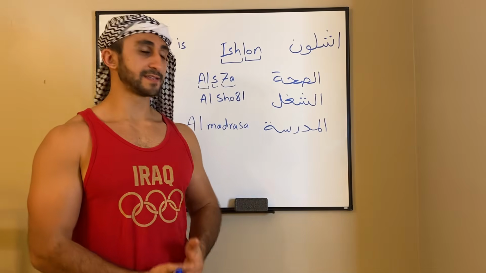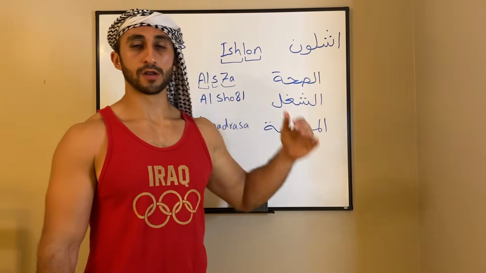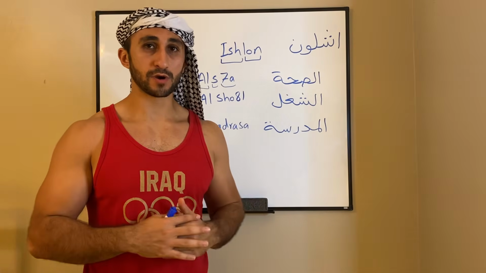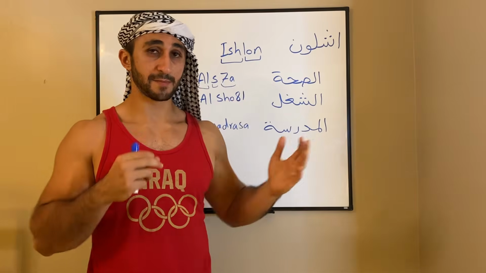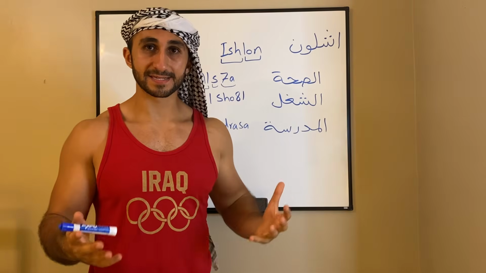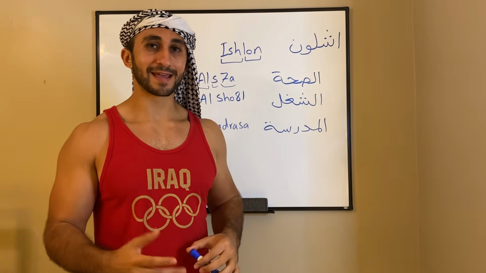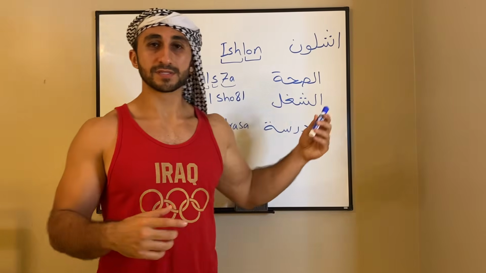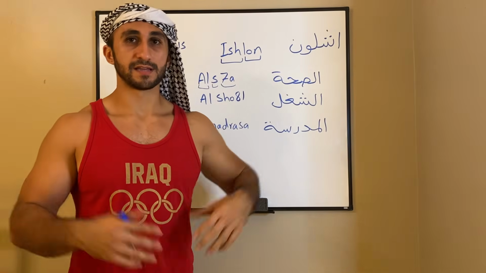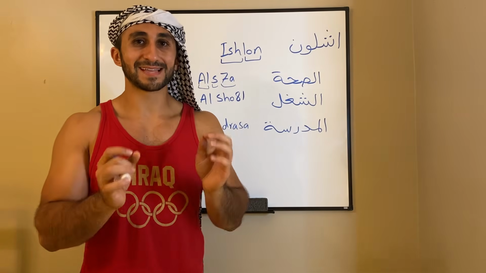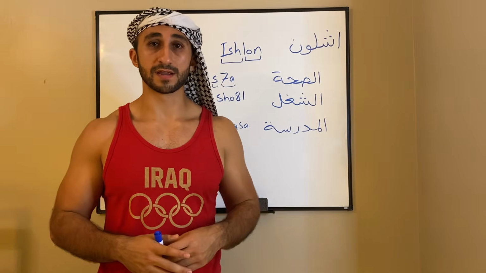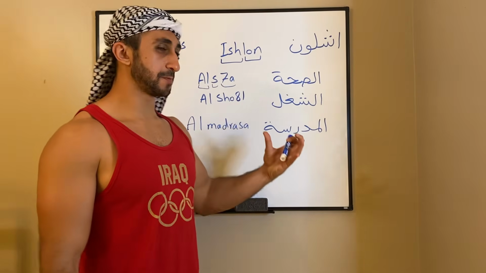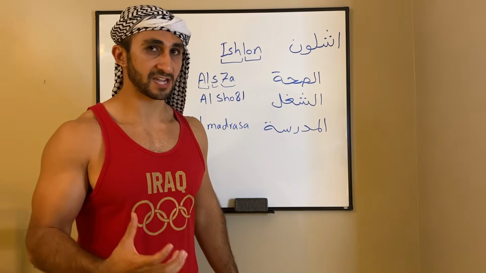The second word is al-shughul, work. Now this also is the same exact word. This is what we use in the Arabic language. In MSA, all these words are in MSA, okay? But I'm teaching you again the Iraqi dialect. It's a little bit different. A lot of dialects, they use the same words, because that's Arabic for you, but the dialect is a little bit different, and that's what I'm doing here. So, al-shughul. So you kind of have to fill your mouth whenever you speak a little bit with the Iraqi dialect. It's a little bit tough, as I said.